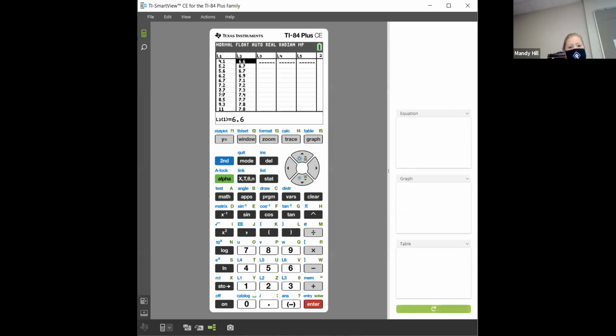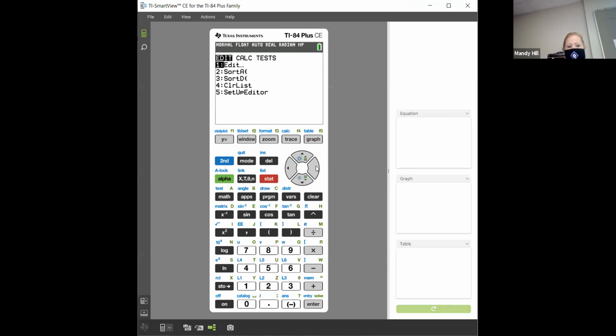Okay, this list 1 that I have typed in was my Big Bank, and list 2 was Best Bank, which is the one we were just talking about. So you type in your list. That's the first thing you need to do. Then if you hit your stat button again, right by the arrows, and you go over to calculate, and hit enter,